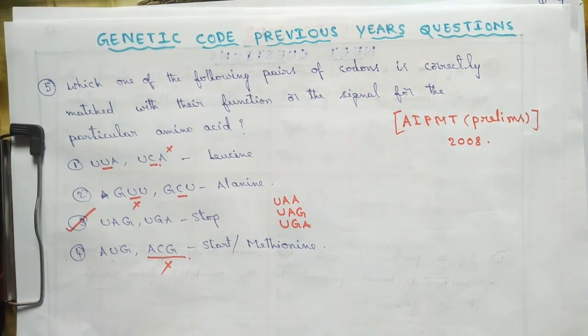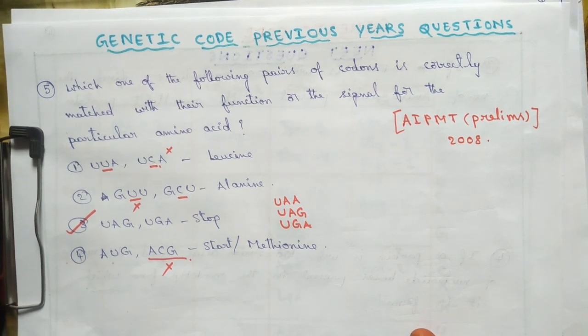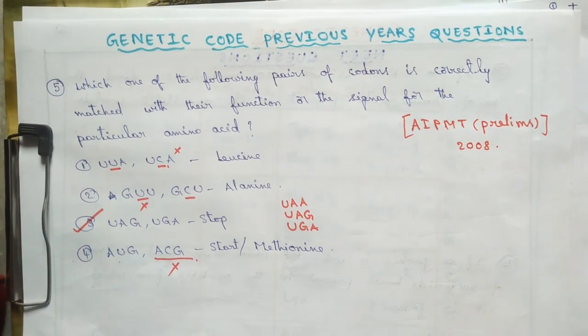So like this, when we read a topic or a concept or a chapter, students have to read it perfectly. Once the reading of a topic or chapter is completed, you have to solve the objectives related to that topic or that chapter. And after solving the objectives, then you have to go for the previous year NEET papers or any other medical entrance papers like AIPMT, AIIMS papers, and you have to solve the questions related to that topic or the chapter. Then only you can remember that topic perfectly.